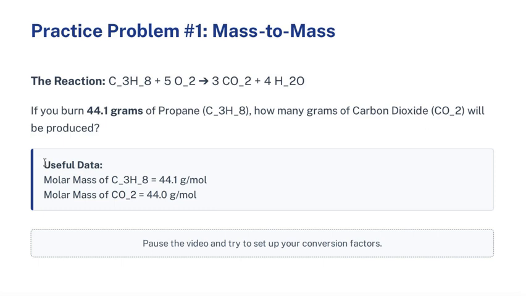And the useful data, I guess you don't need your reference table, is that C3H8 is 44.1 grams per mole, and CO2 is equal to 44.0 grams per mole. So pause the video and just write it down on a piece of paper, or do it in your head if you're like Sheldon from that